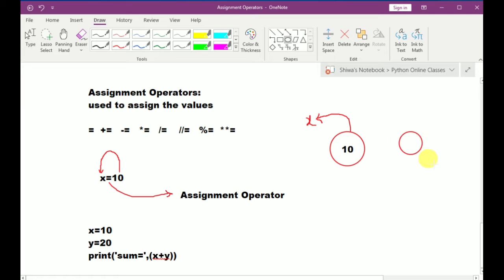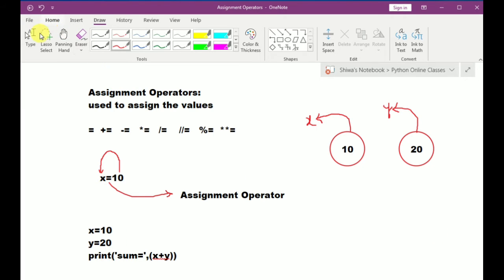This object's memory location's address will be given to the variable y. So now in this program, how many objects are created? Two objects are created.